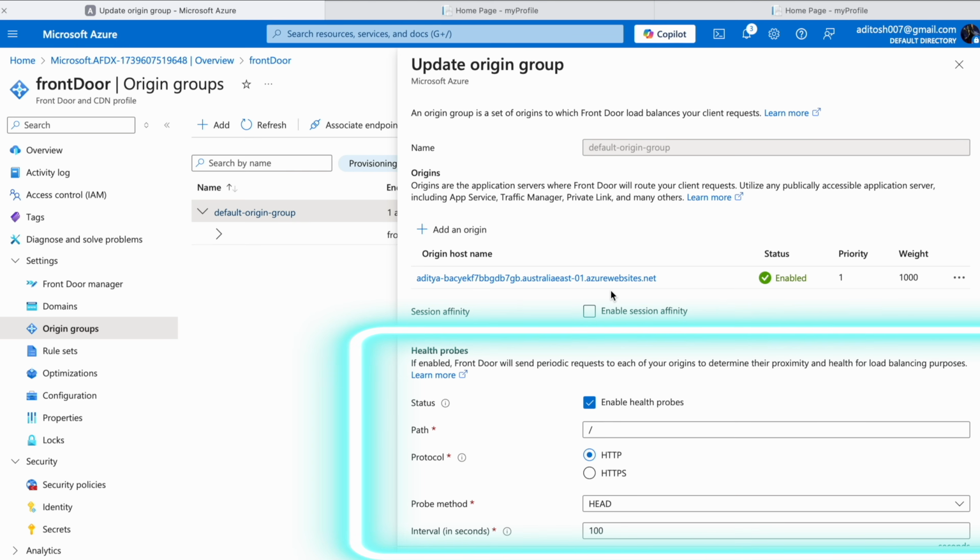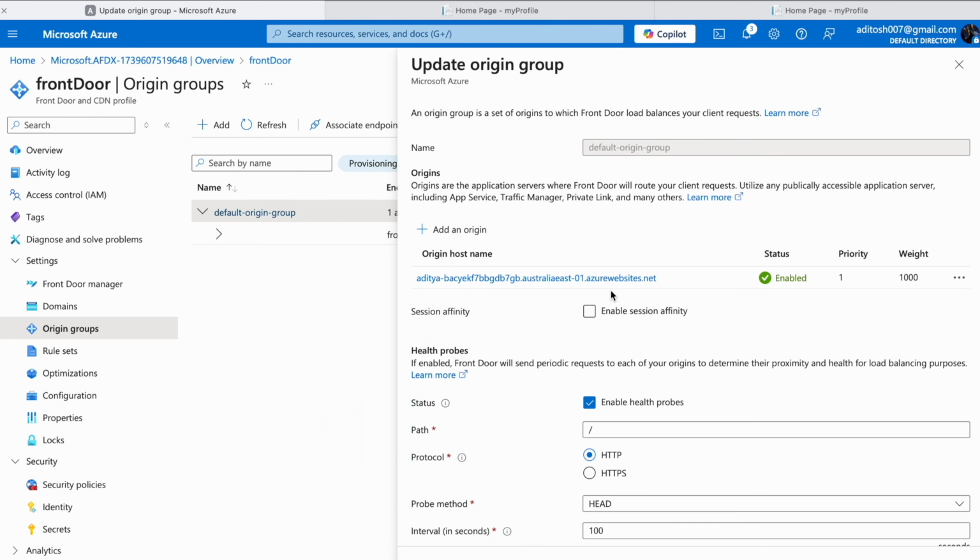And lastly, we have health probes. When you enable health probes, it is going to hit the path slash. Right now it's going to hit the Front Door endpoint as it is, because there is nothing followed by slash on the path, but you can add some slash ping slash some path that returns a status code of okay or something from your app service, so that it just knows